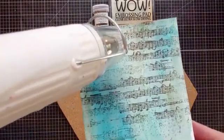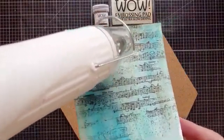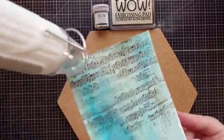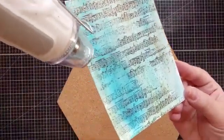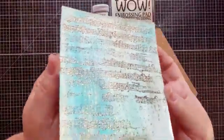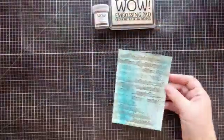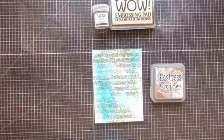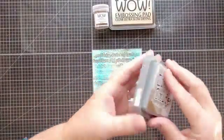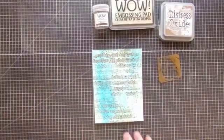So now I'm going in with my dual speed heat tool and I am heating the embossing powder. And when the embossing powder is dry, it goes from a matte finish to an embossing finish and it gets shiny. So this is done. I've done some heat embossing. Now I'm going to go in and add a third layer because I've got my color, I've got my heat embossing and shine. Now I'm going to go in and add more color with ink splatters, and I'm using Distress Oxide inks,